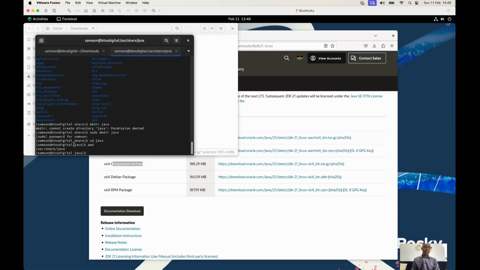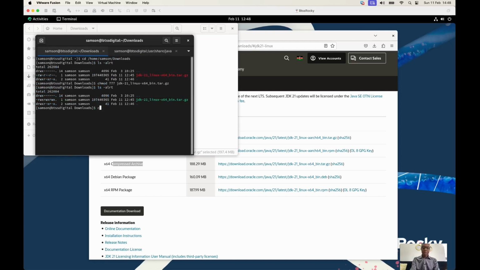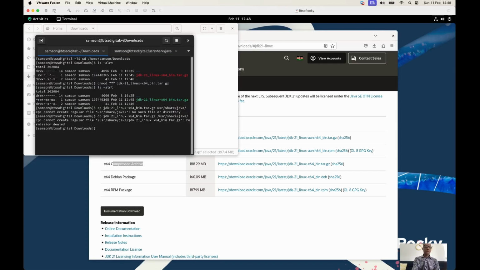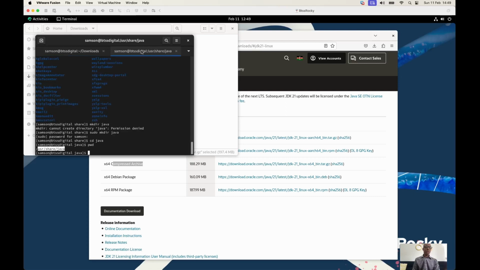So what I've done is I've created a path in the shared directory, so that I can copy this file to this place. I do not have the right, so I just have to put sudo cp. I just put my password, and it will help me to copy it. So when we move to this directory now,